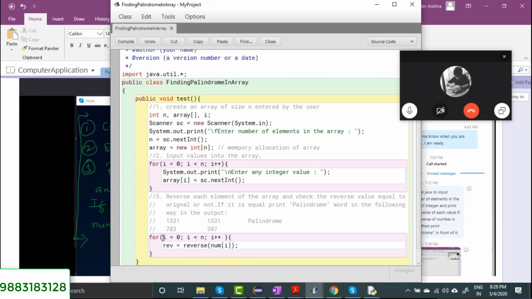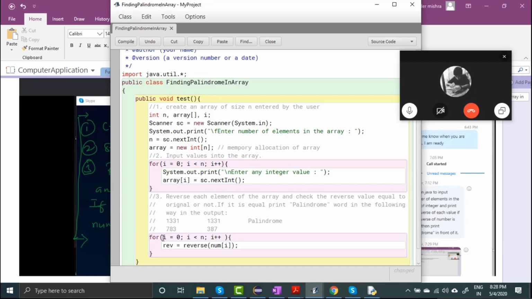I will store the reverse form in the rev variable, but it will not alter the array value. Listen carefully: it will not alter the array value. Clear? Yes, sir.